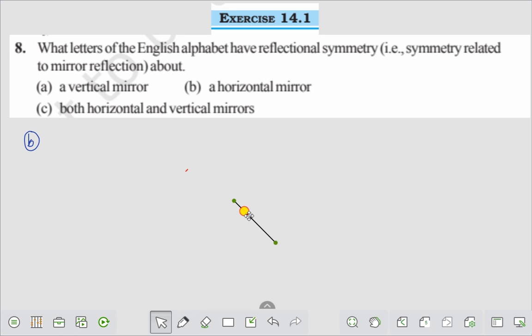This is a horizontal mirror, and if we take the various letters,